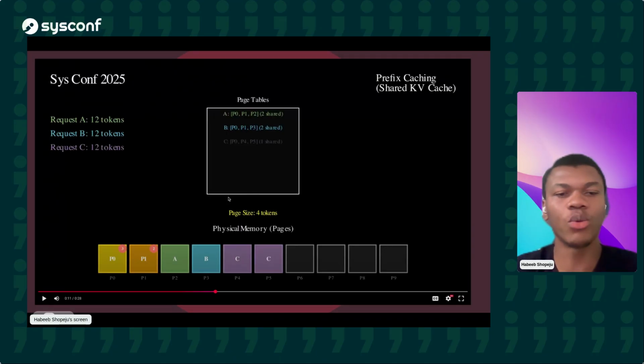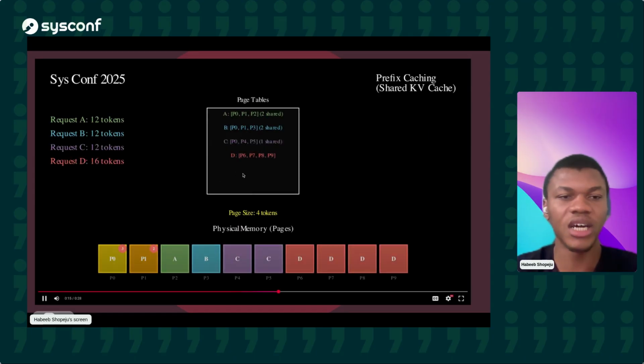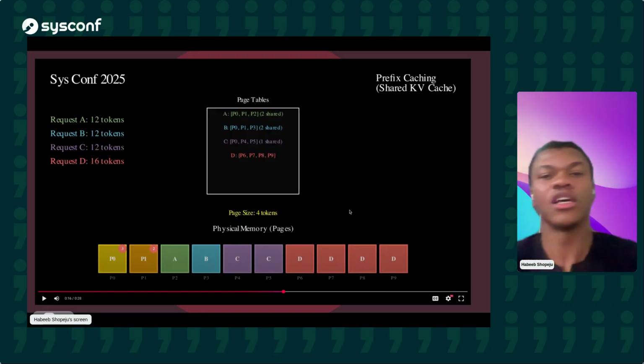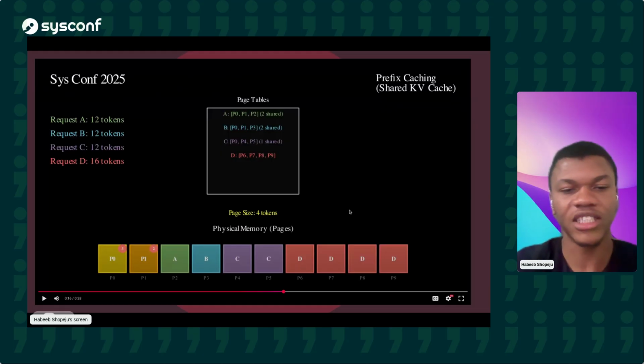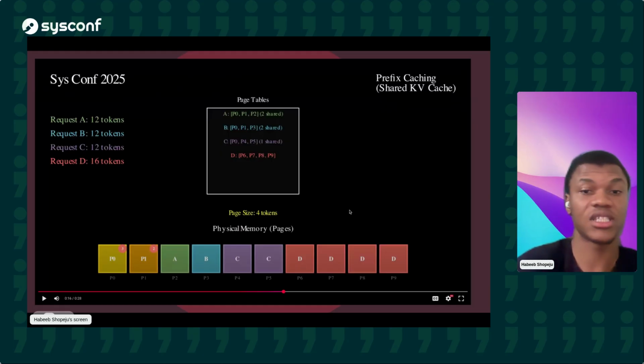Request C shares only 1. So P0 here is being referenced by 3. P1 is being referenced by only 2. Request C shares only 1 page, while request D with 16 tokens picks up the rest. Hence, the important part here is we do not need to compute the KV cache for those prefixes anymore, and now you are simply referencing from the KV cache.